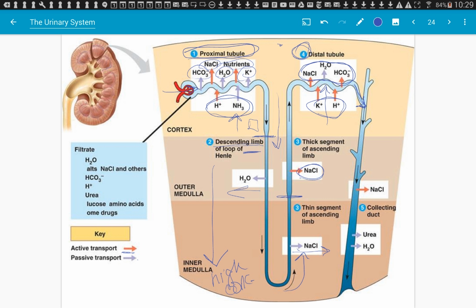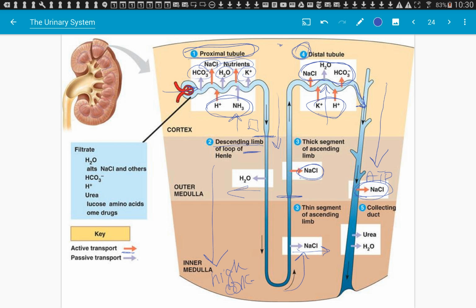It's not fully concentrated yet. That final concentration of the urine happens as it travels down the collecting duct. So as it travels down the collecting duct, it's getting closer to the medulla, and the concentration in the tissue increases. So as this formed urine is traveling down the collecting duct, you're pumping out more sodium. That helps increase the concentration within the medulla. So you're using ATP to pump it out to help keep that concentration high in the medulla, to set up that